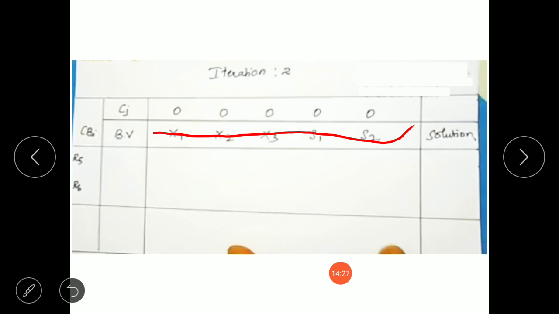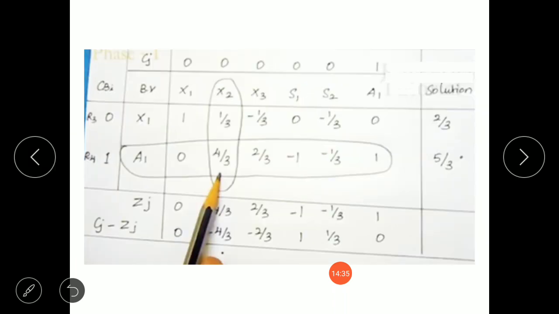Now we need to fill the basic variable column. What will be my first element of the basic variable column? As we can see from this slide, a1 is the leaving variable and x2 is the entering variable. So in place of a1, I need to write x2.